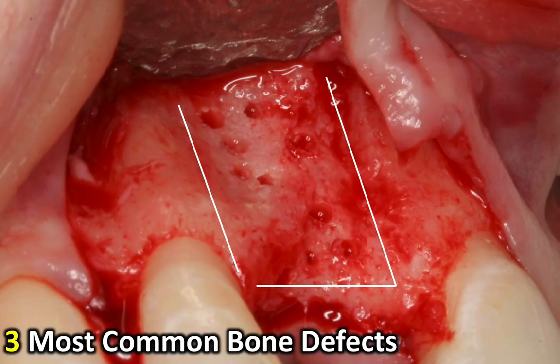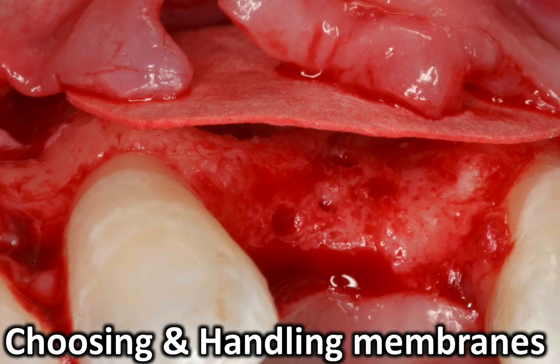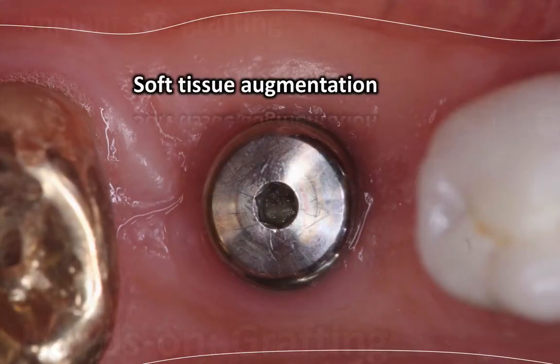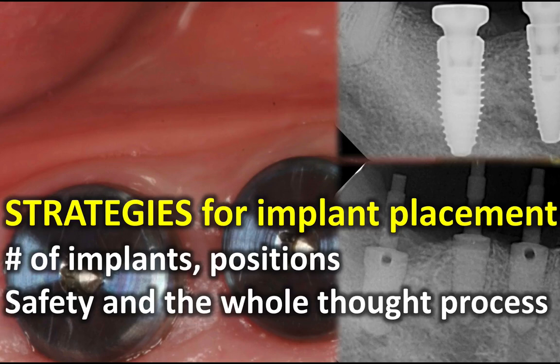You're going to learn the 3 most common bone defects that you'll encounter and how to handle them, how to choose and handle membranes and bone grafts, how to enhance your results with PRF, and also how to improve tissue quality, and hands-on. The second day is dedicated to implant surgery tactics, and I'm going to teach you the strategies